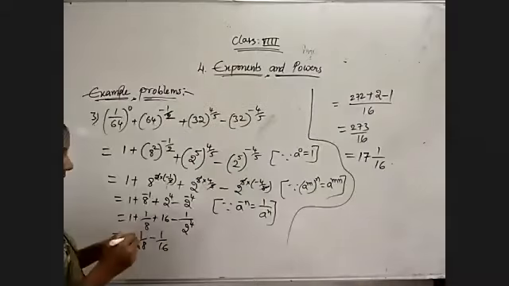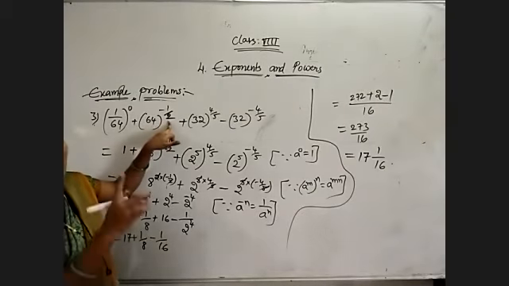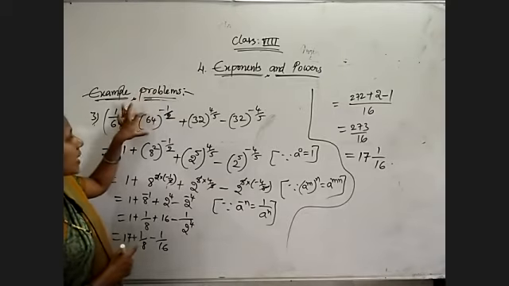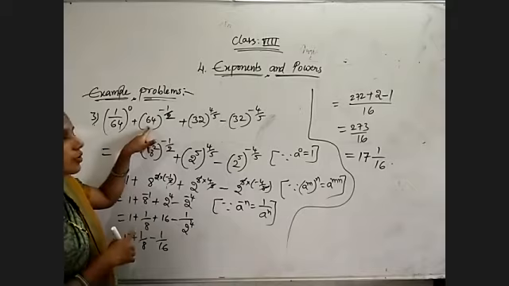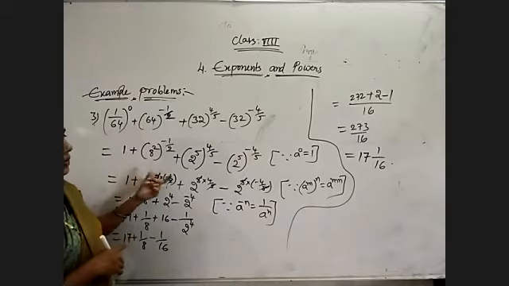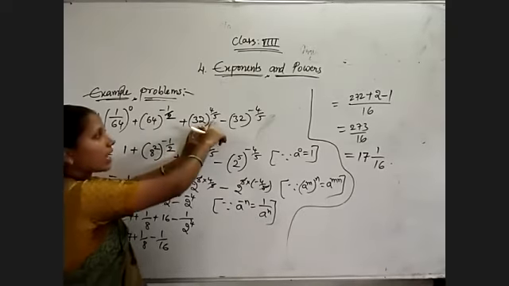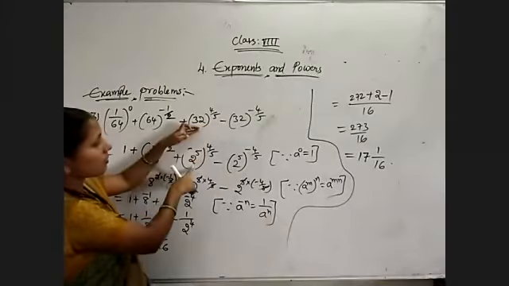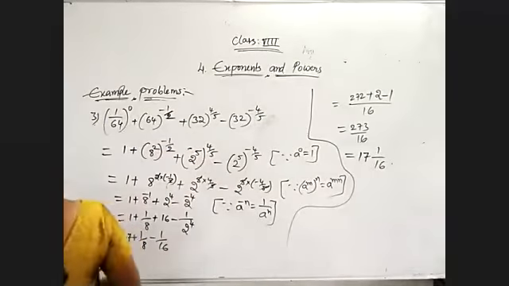So once again observe, whenever you are getting such types of questions, try to observe the exponents. If you are getting fractional exponents, try to write the base also as a power of that denominator. So 64 I can write as 8 square to get 2 and 2 cancelled. I am using that value. 32 means here in the exponent I have 5, so 32 also I am expressing as 2 power 5 to get 5 and 5 cancelled. Okay. Now coming to the next question.